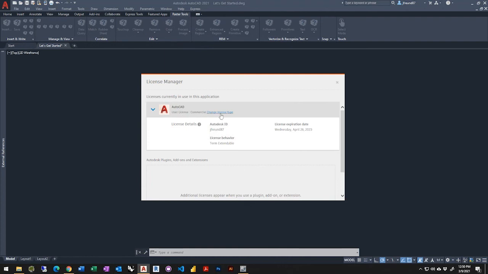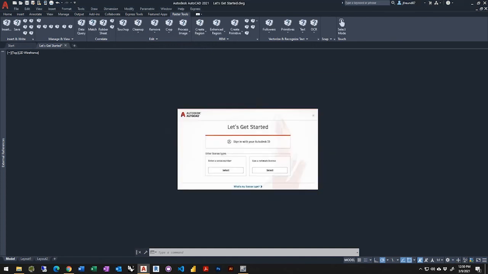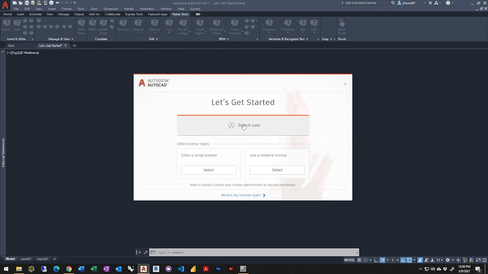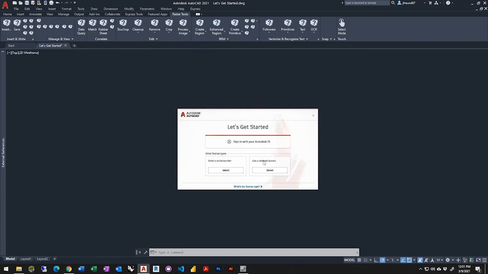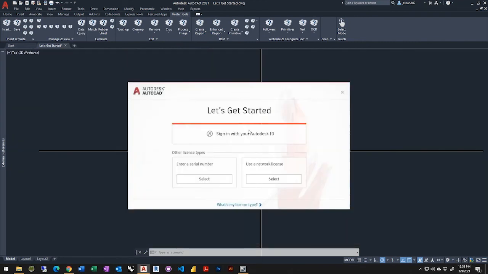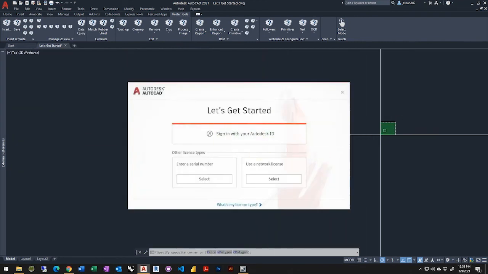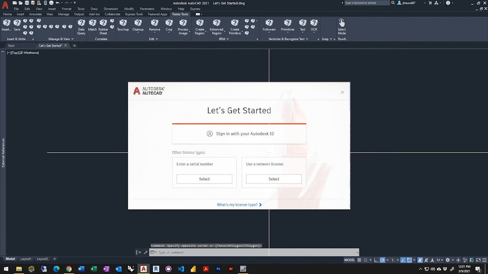So if they're currently on network and they need to change to the named user license, they would just choose change license type here. They wouldn't be signed in already, but they would click sign in with Autodesk ID right here, and then they would be prompted to restart AutoCAD, and it will restart with that new licensing mode. So this is the window that would appear for them if they were already on the